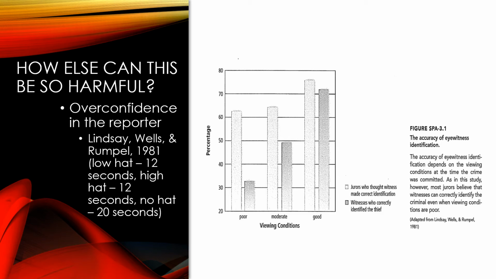But here's the catch. Not only did these researchers ask these individuals to report their confidence, but they recorded them. They had other individuals look at their reports, and they asked them to rate how confident they were in the eyewitnesses, how certain they were that the eyewitnesses identified these people correctly. And what they found in this study was that people tended to, especially in the poor observation situations, overestimate how accurate the eyewitnesses were, and give them essentially much more credit than they were giving themselves.